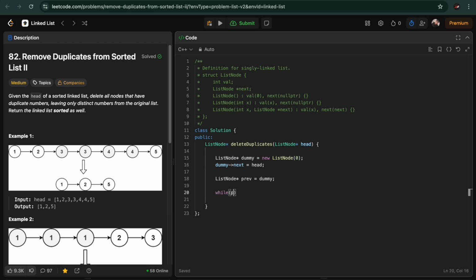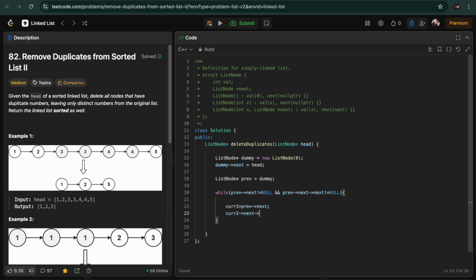In the while loop, we were checking that current 1 and current 2 are available or not, so I have to check previous next is not equal to null. Inside of this, I just have to declare my current 1 and current 2. So this is going to be equal to my previous next, and my current 2 is going to be my